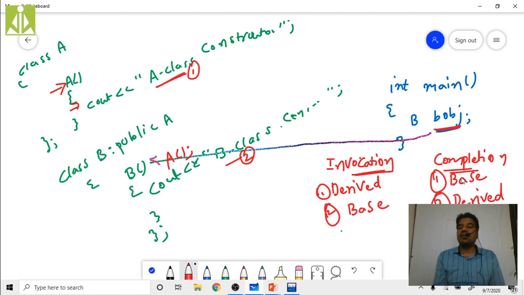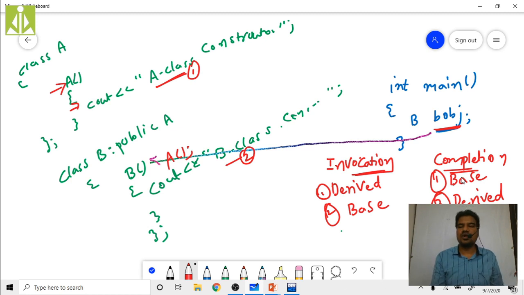But in completion, the base class constructor will complete its execution first, then the derived class constructor. That is the reason why we get the message from the base class constructor first on the output screen, and then the message from the derived class constructor.